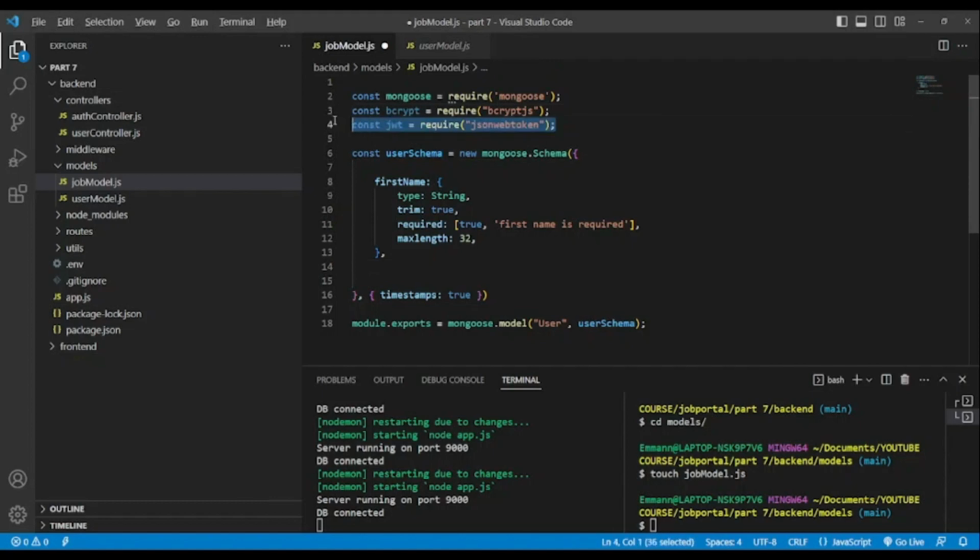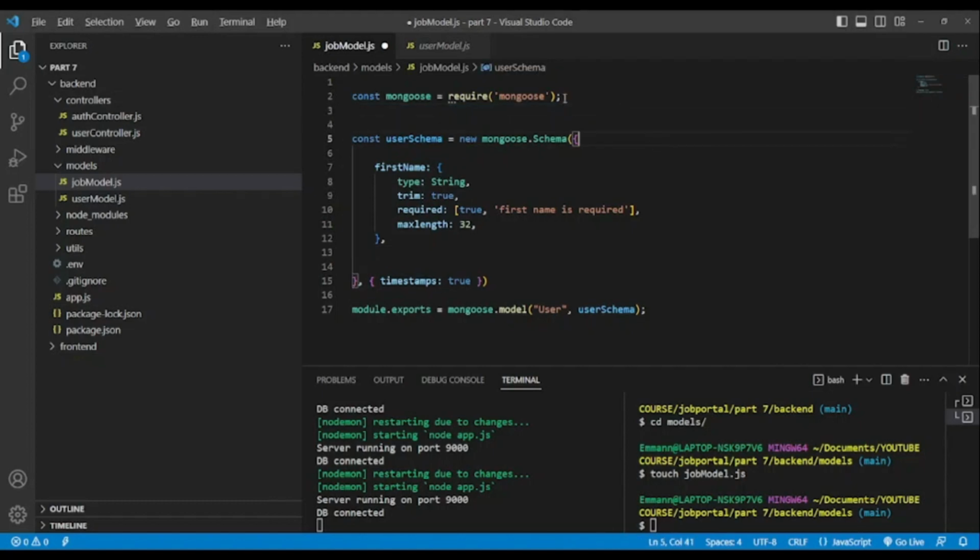Okay, and we'll name our schema job schema. And also we're gonna name our model job. Okay, and also we have job schema. And now let's create our fields in the database. We will have title,